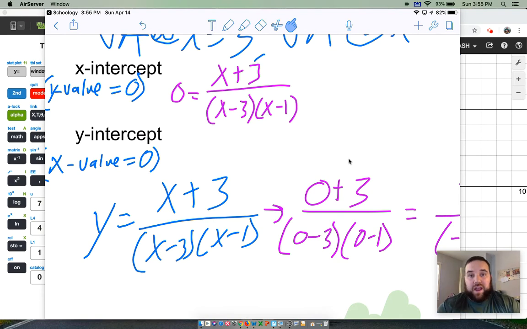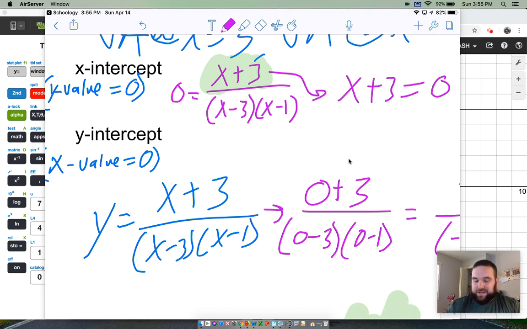In order for a fraction to equal 0, the only way for that to occur is if the numerator is 0. If you are dividing two numbers and the result has to be 0, then the top number must be 0, which means to find the x-intercepts, I'm just going to take the numerator and ask myself what x value